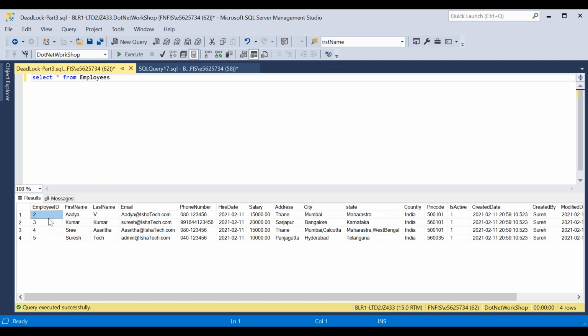Got it? Okay. Now by default, when you are searching the data from the employees table, you can directly give select star from employees, and that time it will speed up the process.